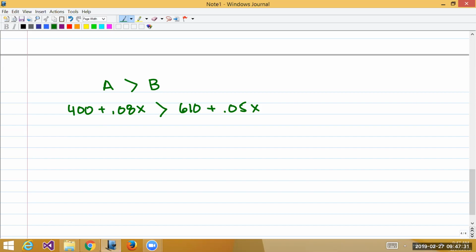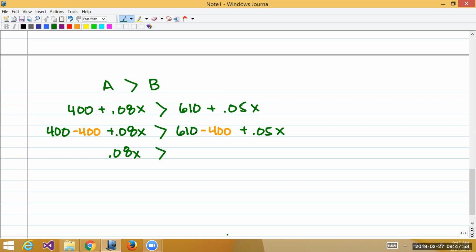So that gives us 400 minus 400 plus 0.08x is greater than 610 minus 400 plus 0.05x. So that gives us 0.08x is greater than 210